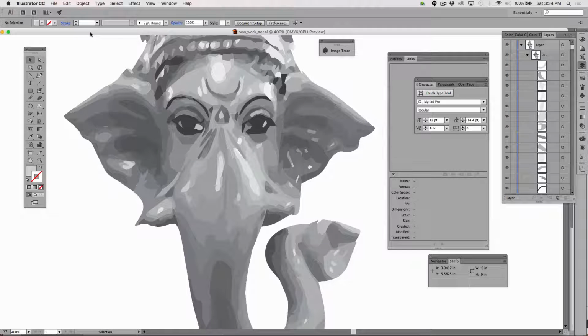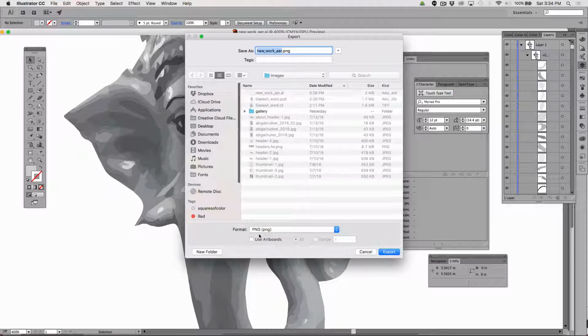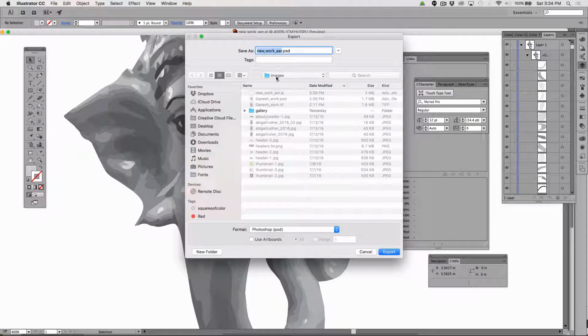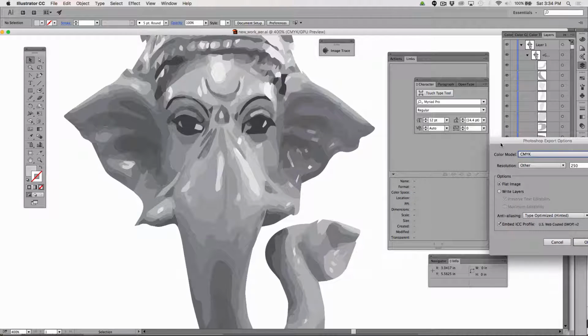All right, so the file is saved, and I want to show you how to take it back into Photoshop in case you wanted to edit it in Photoshop. So I'm going to choose Export. And in Export, from all the file formats, I want Photoshop. It was New Work AER AI, Adobe Illustrator, but now I'm saving one called New Work AER PSD. And I'm exporting it. And over here are important settings,